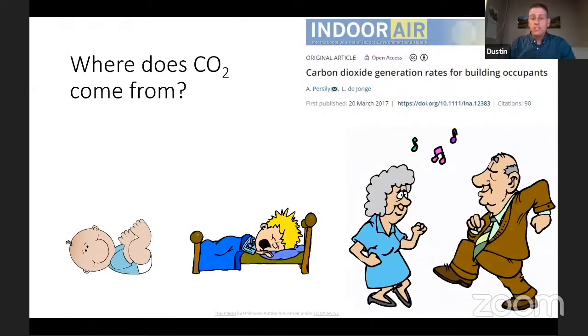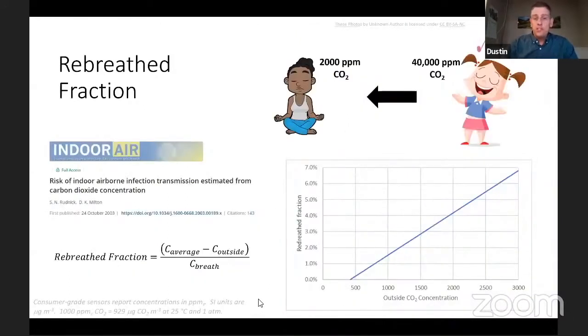Your lungs exchange oxygen in air with carbon dioxide. And importantly, the amount of carbon dioxide that we emit depends on our age, activity, and our size. The air we breathe in is about 0.04% carbon dioxide, and the air we breathe out is about 4% carbon dioxide. Given this relatively high concentration compared to other chemicals and emissions from people, carbon dioxide is a good proxy